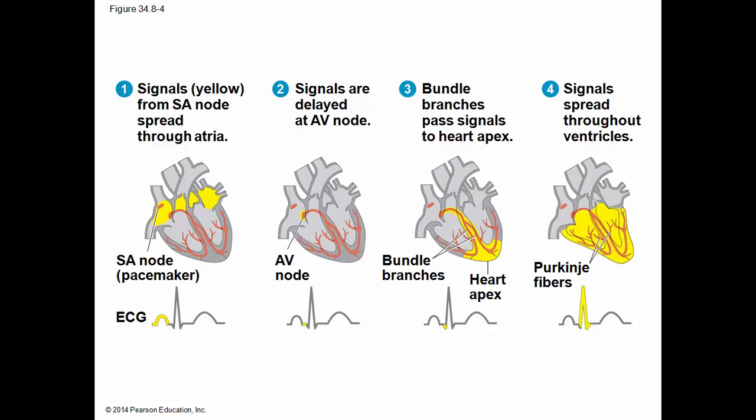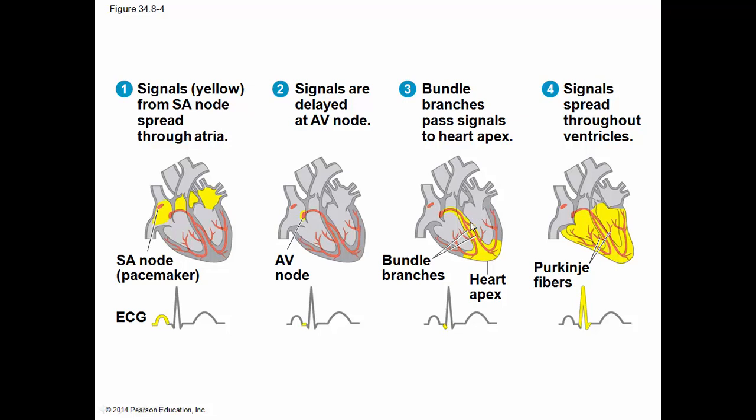So from the sinoatrial node, the signals are delayed for some period of time at the atrioventricular node, and this allows the ventricle to fill up with blood. So it's a very strategic pause. During this pause in activity, the ventricle will fill up with blood, and then bundle